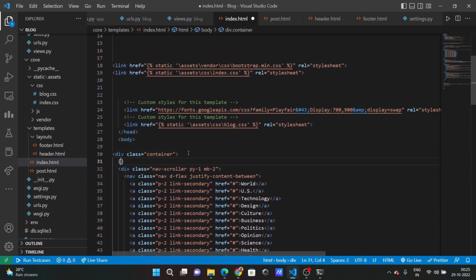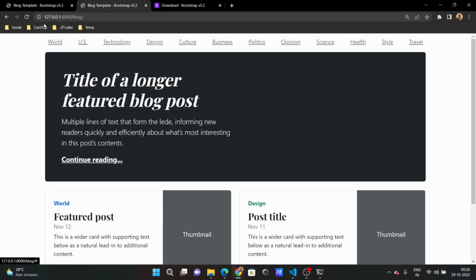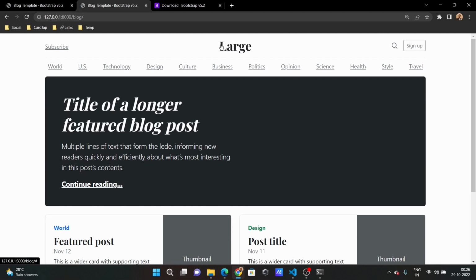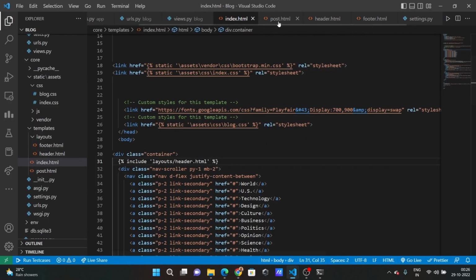Instead we can add header like include header.html, but it's inside layouts slash header.html. If I refresh it now, you can see the header is back again, but it's coming from the layouts